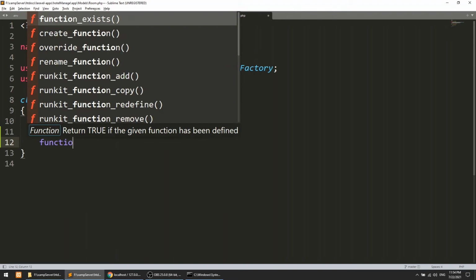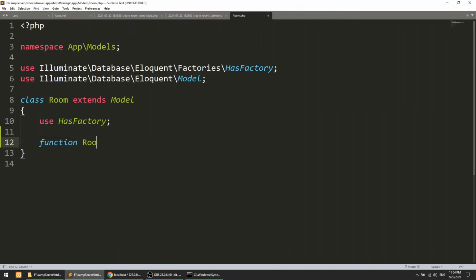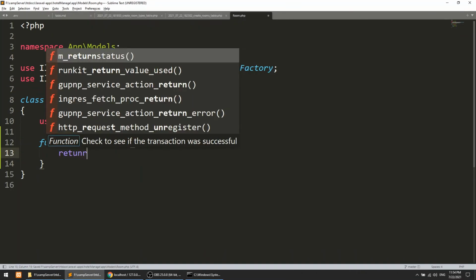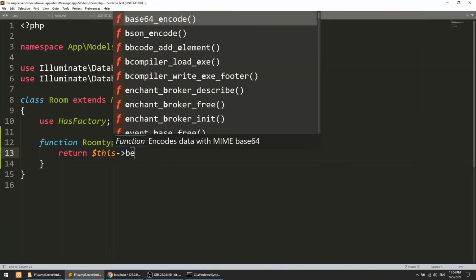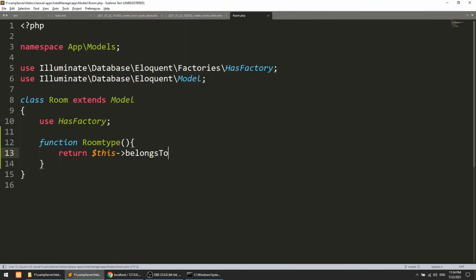Let's see. So, a function, let's say roomType, and return $this->belongsTo, because this room belongs to a room type.